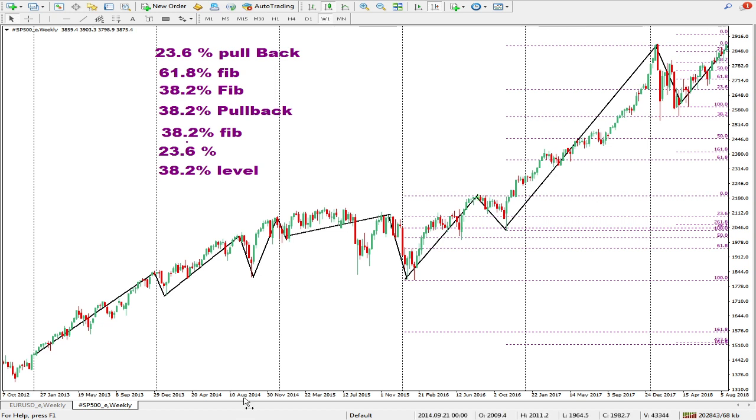The first one we have 23.6% plus 61.8% plus 38.2% plus 38.2% plus 38.2% plus 23.6% plus 38.2%. That's a total of 261.8. So this is 1, 2, 3, 4, 5, 6, 7. Divide by 7. What this means is that on average the price tends to pull back at least 37.4%,